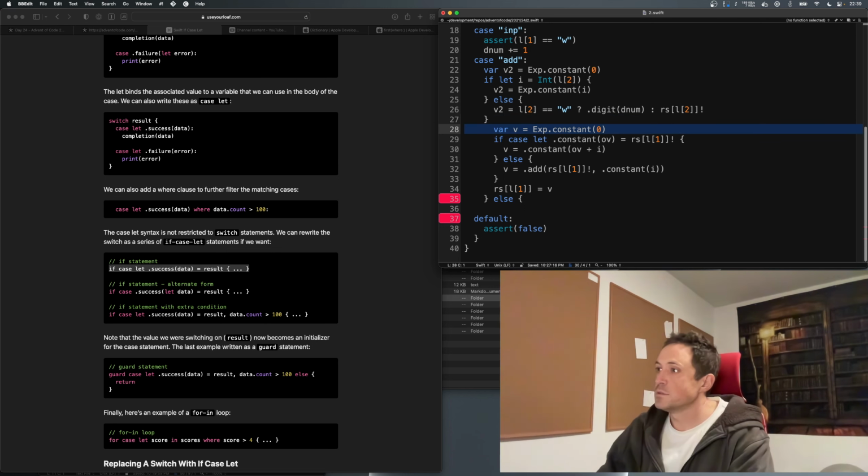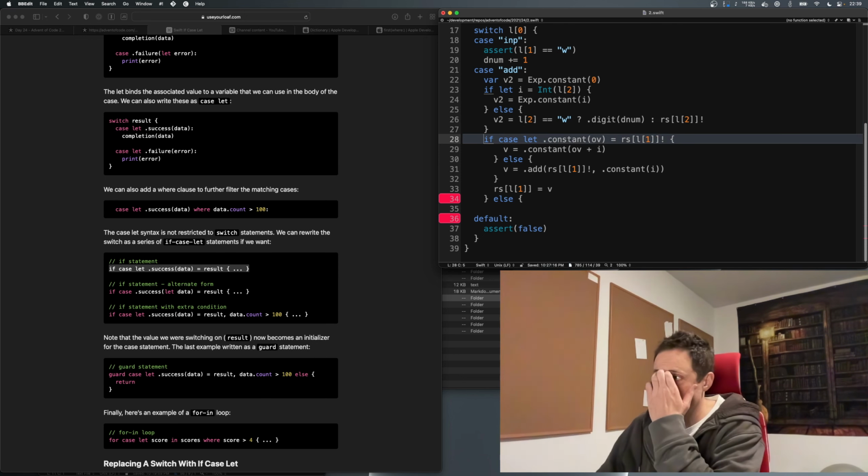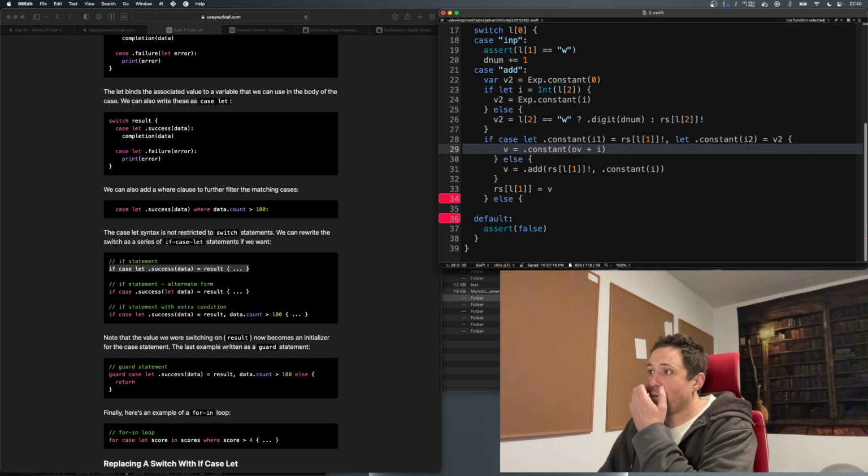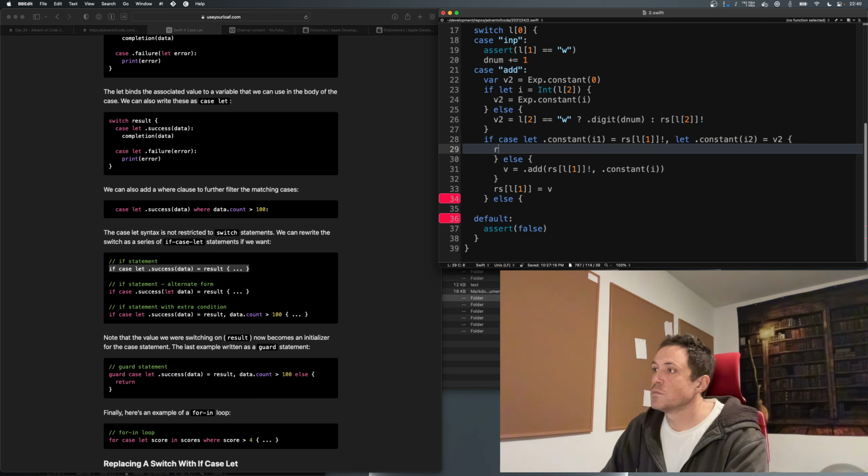If constant I2 equals V2, then R's L1 equals